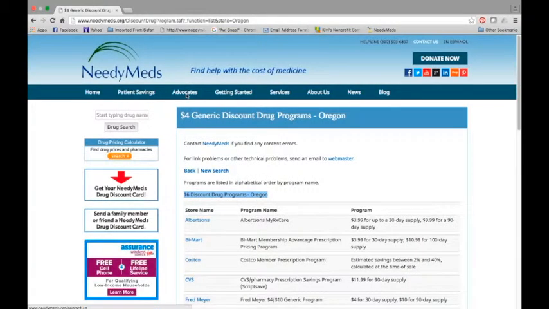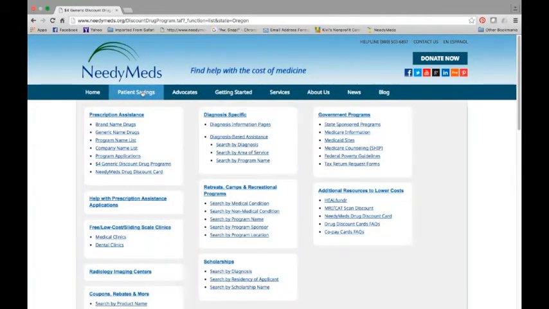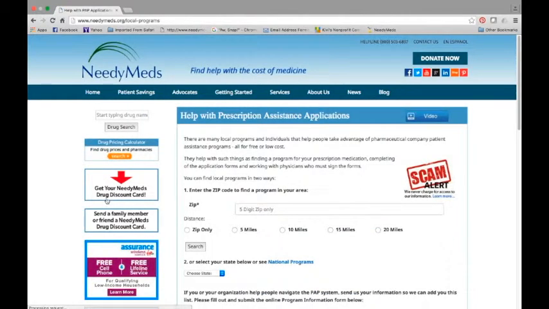Now, moving on, under the patient savings portion of our website, one of the newest additions that we have on our website is the section for help with prescription assistance applications. Applications for PAPs can be complicated. So we built a directory that lists nonprofits that help people apply for PAPs. The places we have listed are usually free or will assist you for a very nominal fee. You can search for help in your area by zip code or state, and then programs are listed alphabetically by